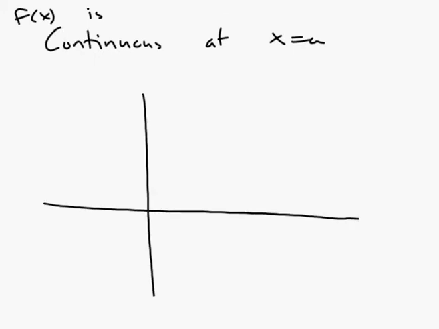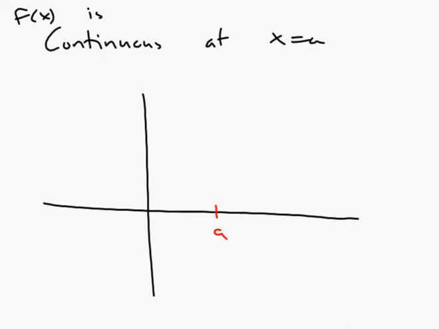Let's have a brief introduction to the continuity of a function of one variable at a point. So what does it mean for f of x to be continuous at x equals a? If I make that statement, what does that tell us? Well, intuitively, or like sort of a basic feel for it, it means this,